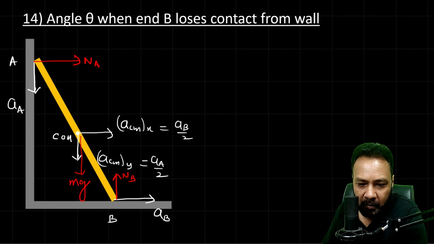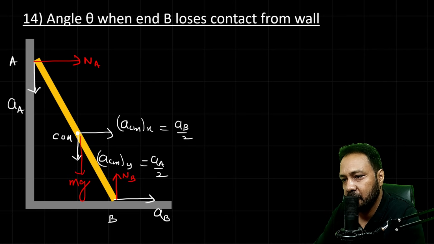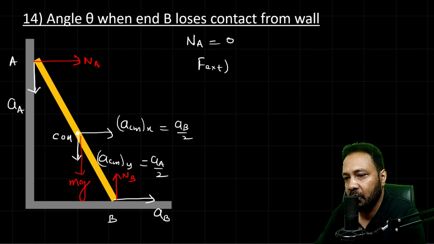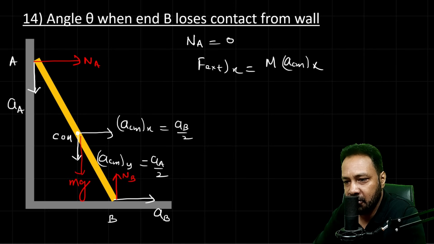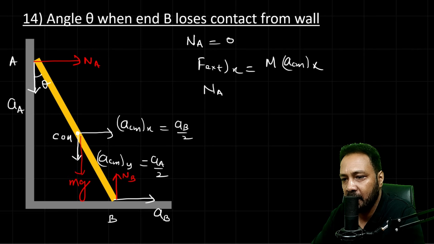So when it will lose contact from wall, Na is 0. If I want to apply F external along x direction, that will be m into ACM along x. Only force along x direction is Na, and this is obviously theta. So Na and ACMX is AB by 2. So when Na is 0, that implies AB is 0,